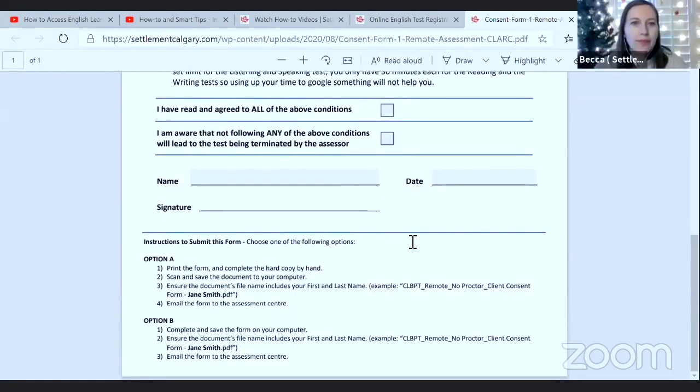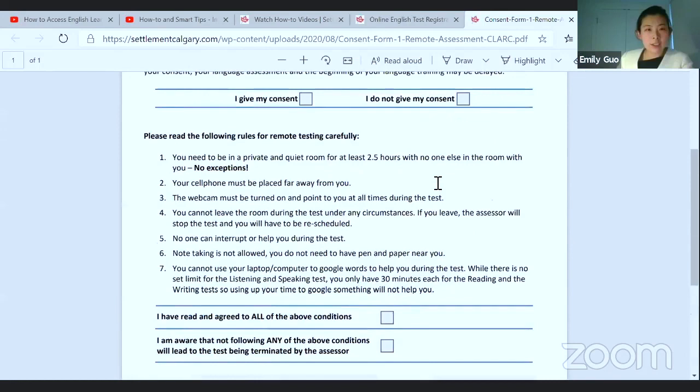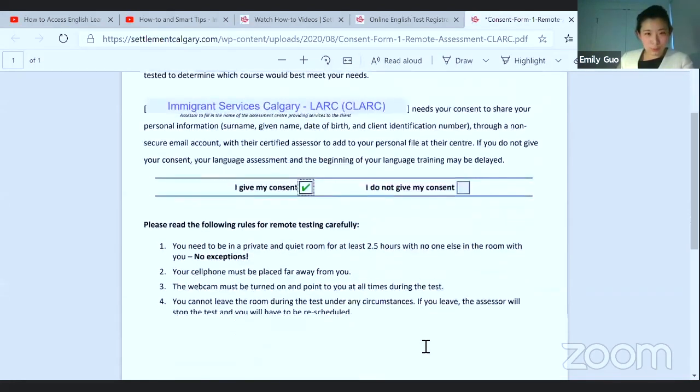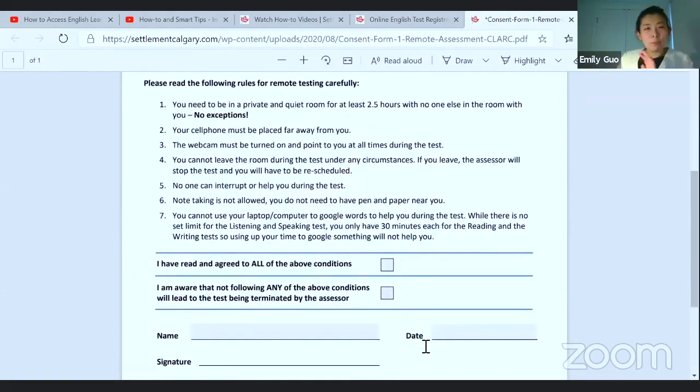And here's a list of the screening questions. If we just keep going, we need to make sure that you actually have the proper device to support the online English test, meaning a laptop or a computer with a camera, the webcam, and also the microphone on it.